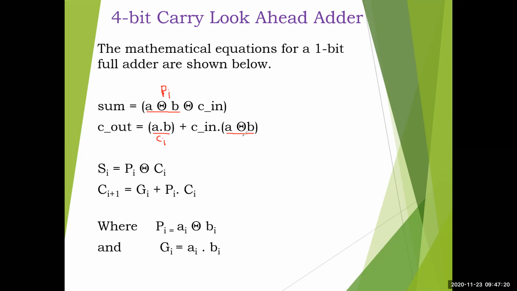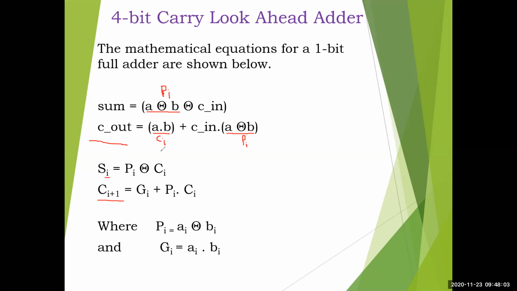If we substitute these two, you will get the new value of sum. I will write it as si, because I have to extend this to any n-bit adder. Here I am discussing a 4-bit full adder, so I will rename the sum as si. For the 1-bit full adder we discussed these two equations; now I am extending that concept to 4-bit. So I will call that si with respect to that diagram, and then this is pi XOR ci. So c in I will write as ci. Then this cout I will write as ci plus 1 with respect to that diagram again, because at last we will get c4, that is 3 plus 1.